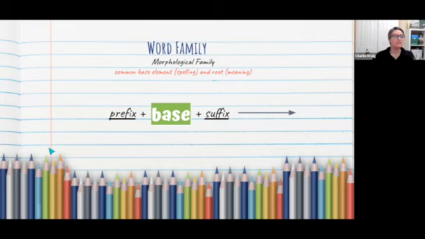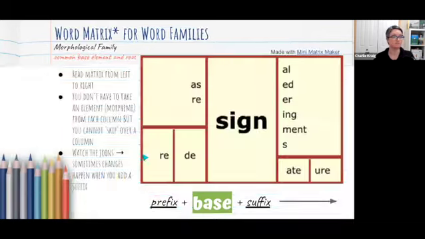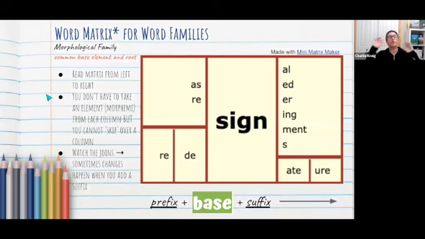And so to build a word family, you're going to have some kind of a base. Every word has a base. Sometimes that's all the word is, the base. And then we can attach affixes to it to develop out different words that are part of that particular word's family. So we're going to play for a few minutes here because I've, of course, planned way more stuff than we have physically time to do today.